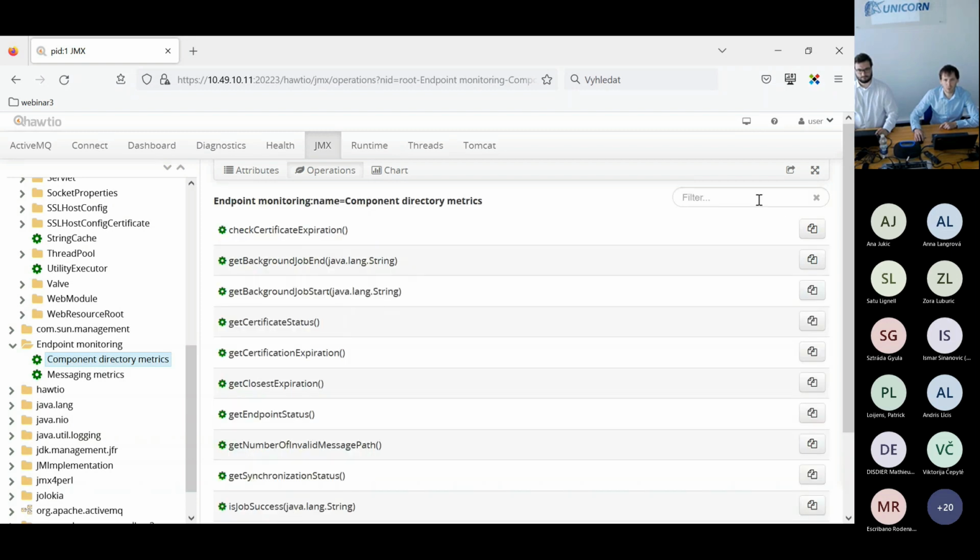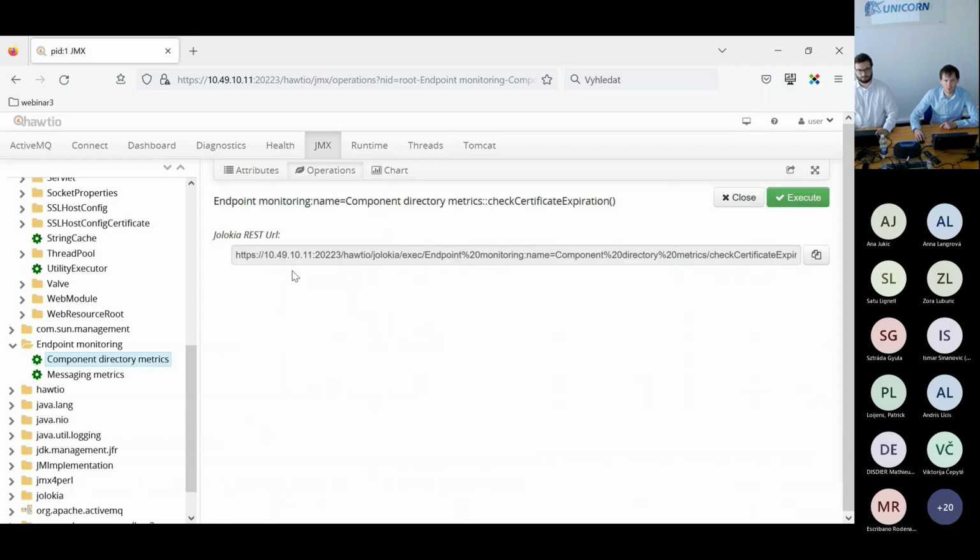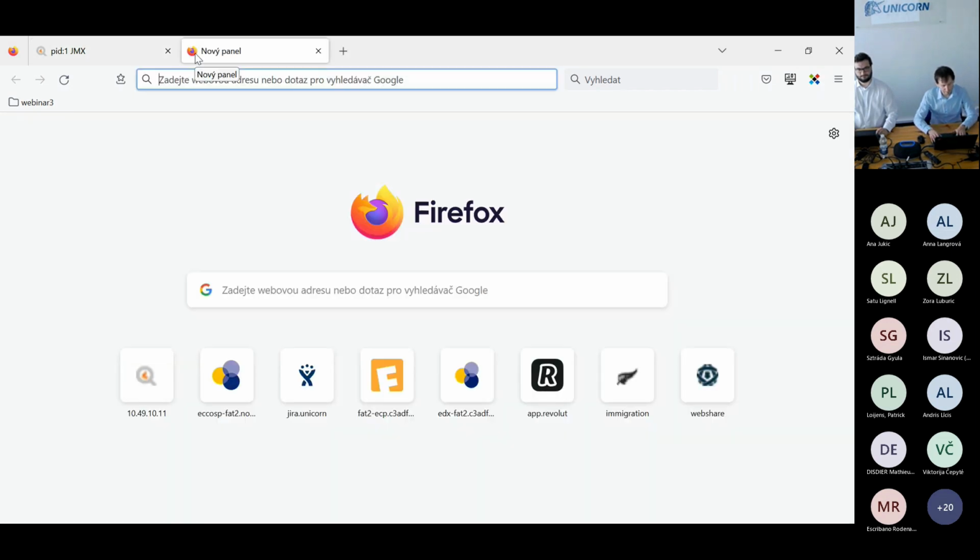You can also use the REST API for the monitoring when your ECP or EDX components contain the Hawtio console, and you can invoke these commands using this REST API URL. So if I copy this one and paste it,